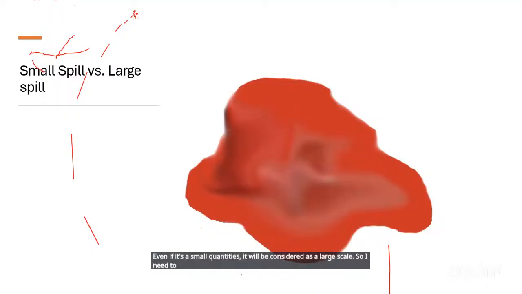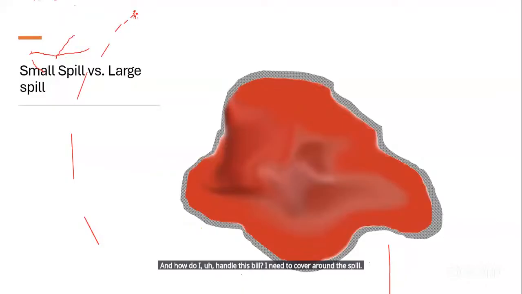But if it's highly toxic, even in small quantities, it will be considered a large spill. So I need to have proper PPEs and I need to activate the code. And how do I handle the spill? I need to cover around the spill and prevent it from spreading. If the container is still spilling, I will try to stop it. But the first thing I need to do is wear my PPEs, make sure that I have the right PPEs,